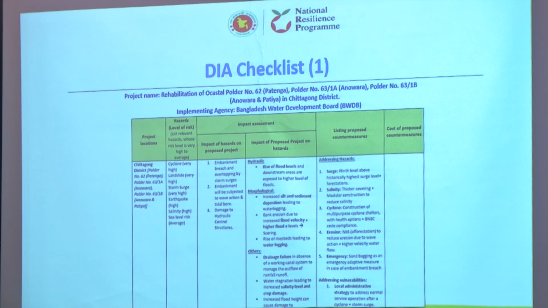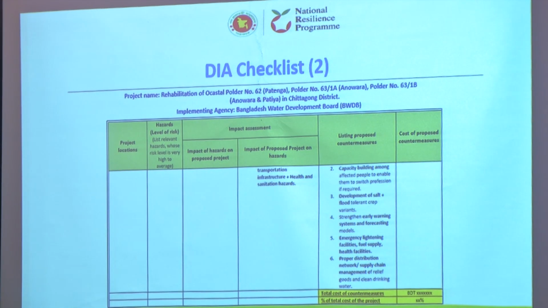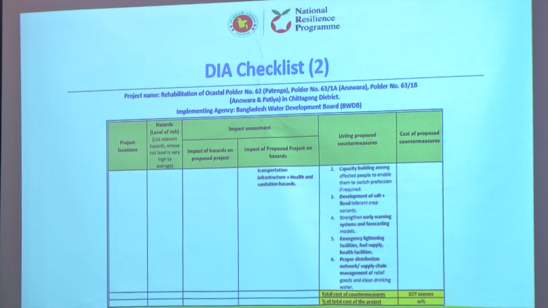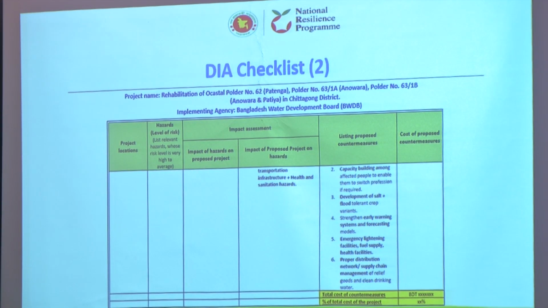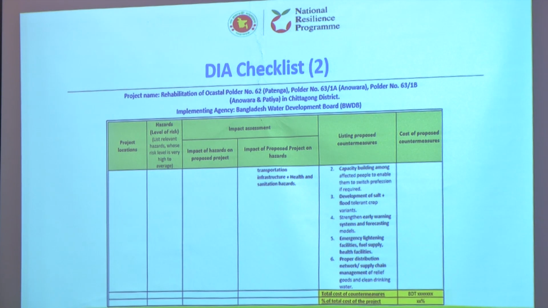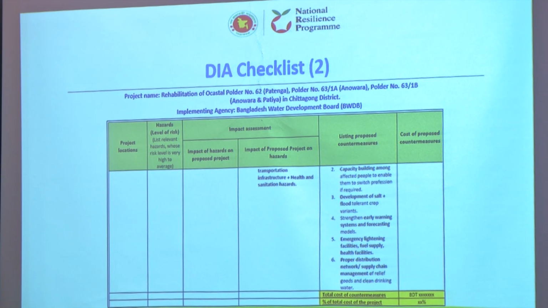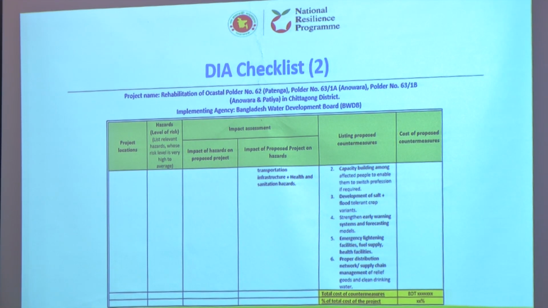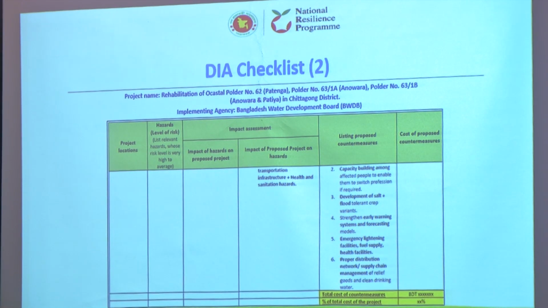So it will be a checklist in this format, on the next slide. This format will be in the DPP, in the particular development project. So government officials who review and prepare this project will have an idea what the impact of this hazard will be on that particular project's interventions, and what the decision will be by this decision-making committee, or technical committee, those who review the DPPs and also approve the DPPs, the development proposals.